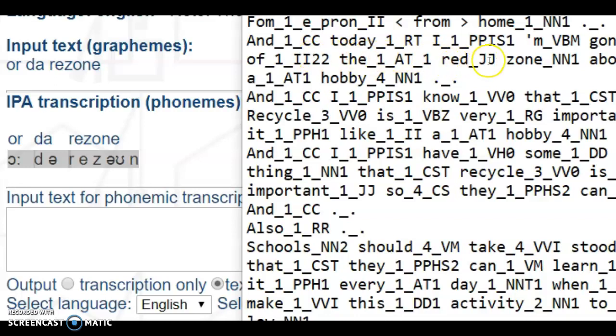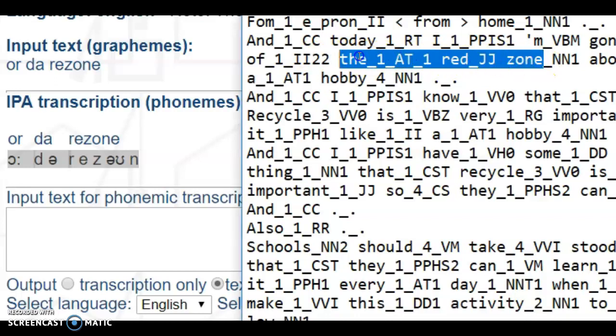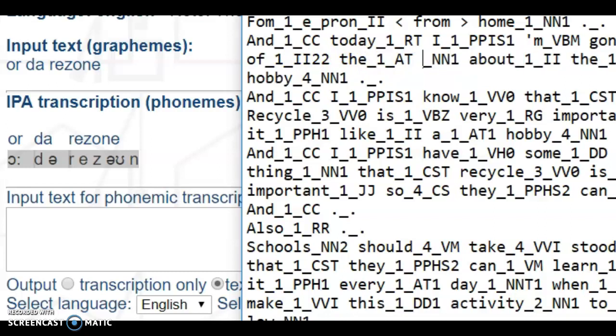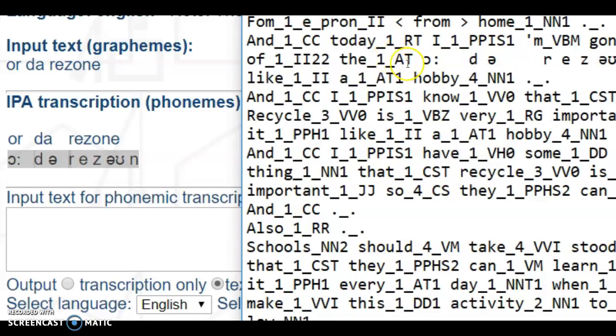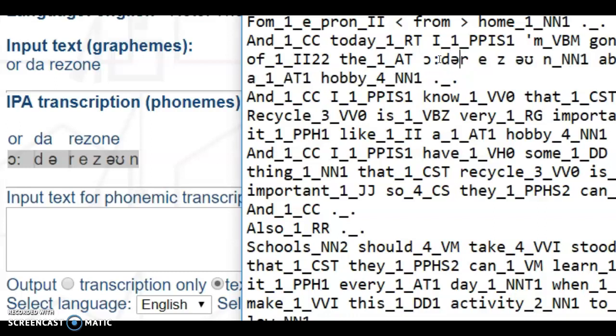So "of the red zone" is actually this whole section. There is "honorable result of the," and then "rezone" is actually repeated. Control V, and it's probably more than one word, but I don't quite know. I think it might be "recycling," or "the recycling," or "the rezone." Yeah, "the recycling." So it's just a repetition as they're thinking, probably.